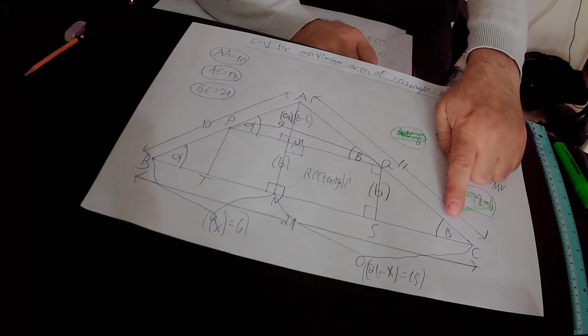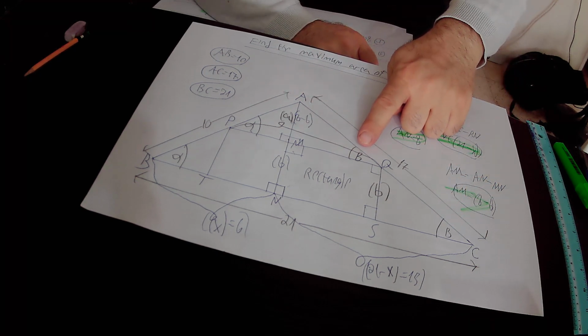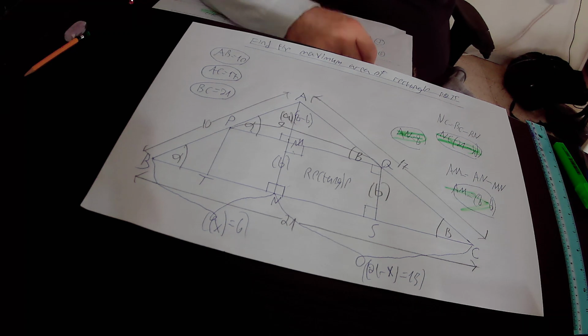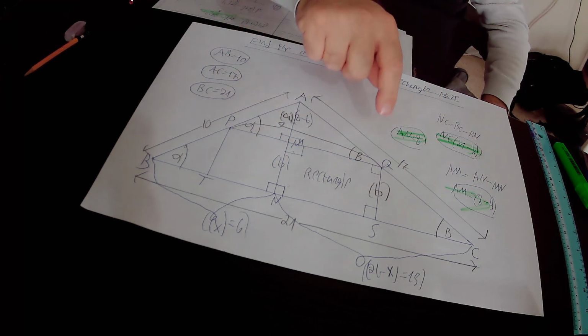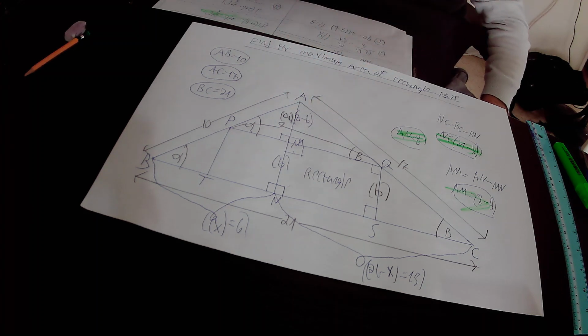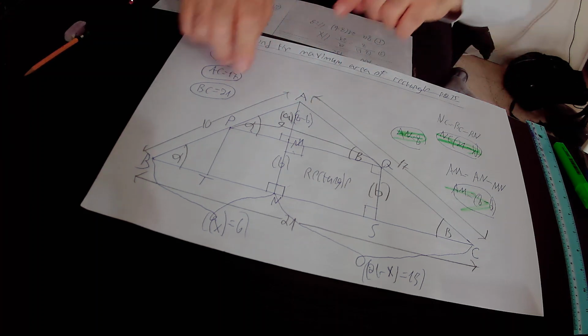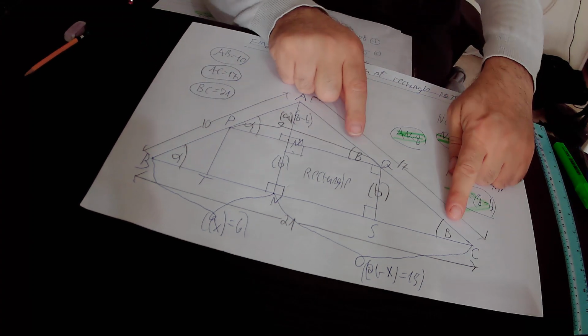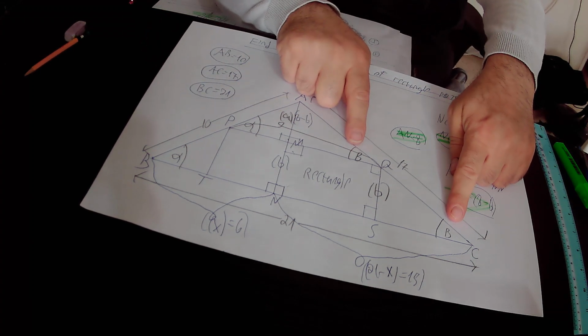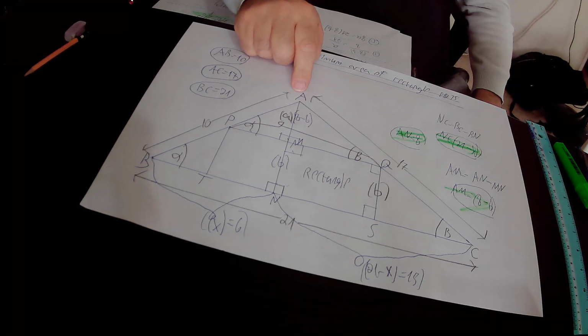So if this angle is beta, then this angle must also be equal to beta. In the next step, we proved that the big triangle ABC is similar to this small right triangle APQ. Why are those two triangles similar? First of all, those two angles are both equal to alpha, therefore they are equal to each other. In addition, those two angles are both equal to beta, therefore they are equal to each other. And finally, this is angle A, a common angle that belongs to both triangles, so we can write